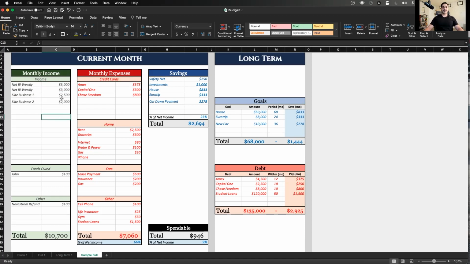So just so I didn't confuse anyone there, by that I mean if you get paid $5,000, and you don't have Social Security, you're not paying taxes on it, but at the end of the year you're going to file taxes. You need to pay taxes on the $5,000, so you can't put $5,000 here, because when time comes, you're going to have to pay the taxes, and you're going to be short a lot of money if you're not cognizant of taking out taxes before you calculate this budget, right?